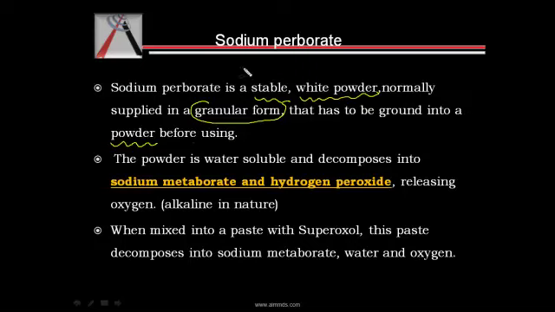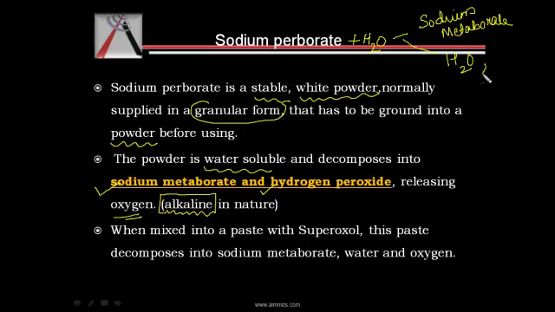And the powder of sodium perborate, it is water soluble, and when it is mixed in water, it decomposes into sodium metaborate and hydrogen peroxide, releasing oxygen. And if you talk about the pH, it is alkaline in nature. So sodium perborate itself is not the active ingredient. When sodium perborate is mixed with water, it releases sodium metaborate,